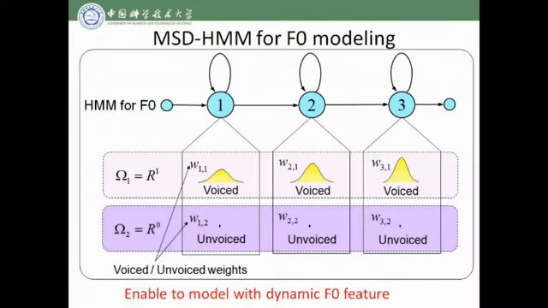If we apply the MSD-HMM to F0, we use this kind of model structure. We use two spaces. The first space is a one-dimension continuous value, which is modeled by a single Gaussian distribution. The second space is of 0 dimension, which means it just represents the unvoiced space without observations. That means it's just binary. Yeah, actually, 1 or 0. Here we only use a weight to represent the unvoiced space. These two weights